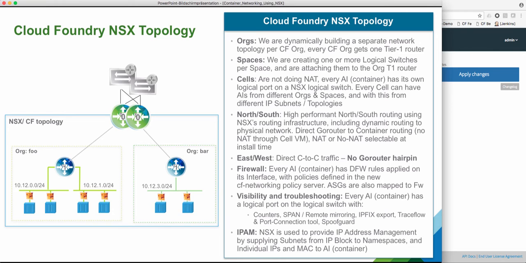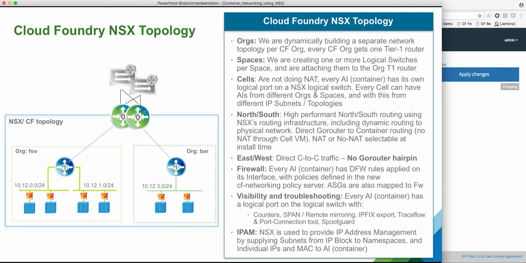the virtual router. What that means is that now every org can be identified in backend firewall systems or database systems that are upstream to the environment by a specific IP subnet or alternatively a source NAT IP. So if we use NAT, we can assign a specific source NAT IP to each of those orgs to save on precious IP space. Every application instance will have a logical port on one of those logical switches, and those logical